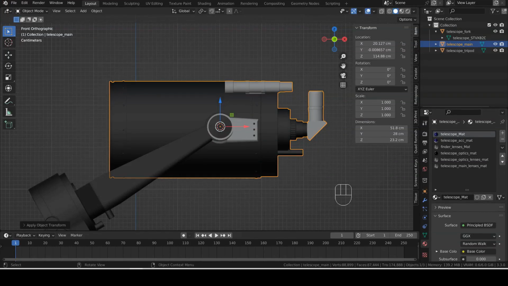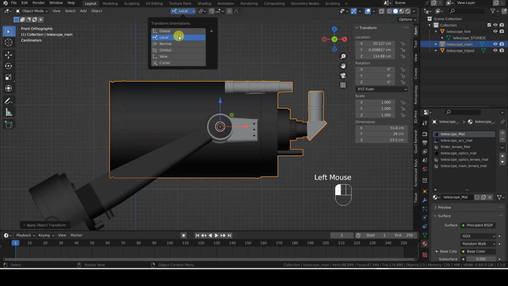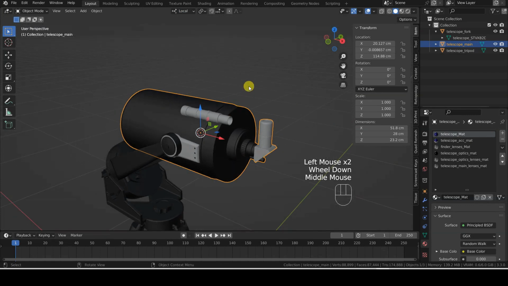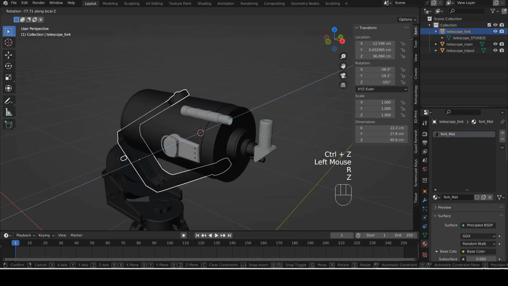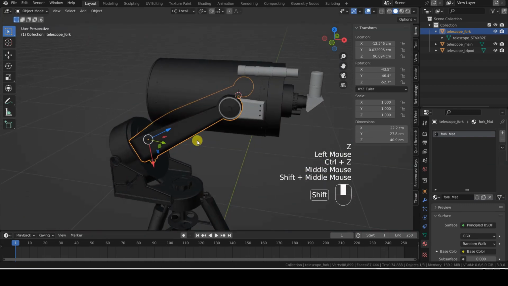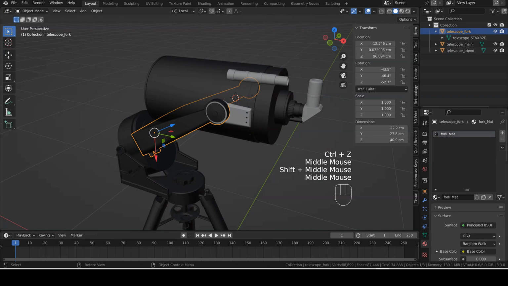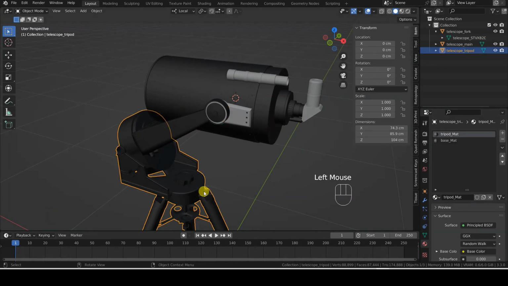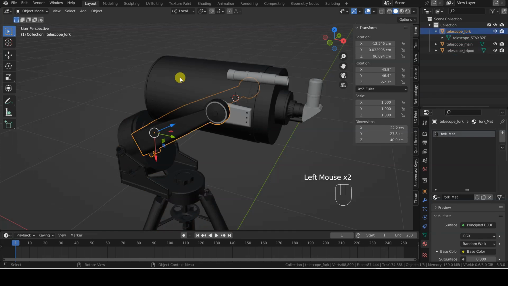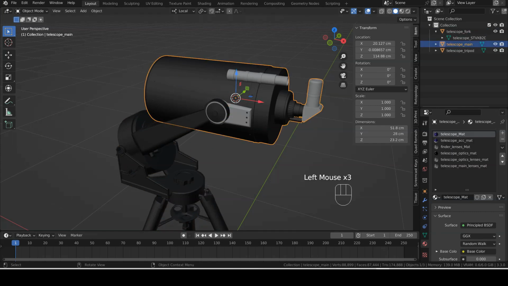Now let's set the parental relationships between the various objects. As you can verify by switching to the Local Transformation selector in a 3D viewport, the telescope can now rotate around its local y-axis, while the fork can rotate around its local z-axis. All that remains is to correctly parent the three elements so that they can be easily moved or rotated.